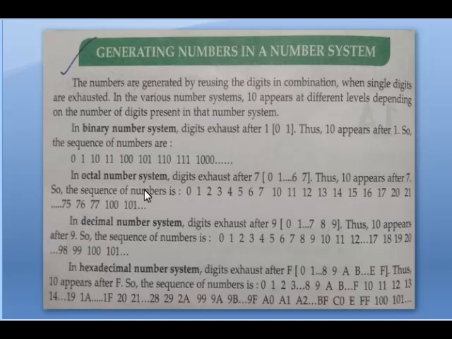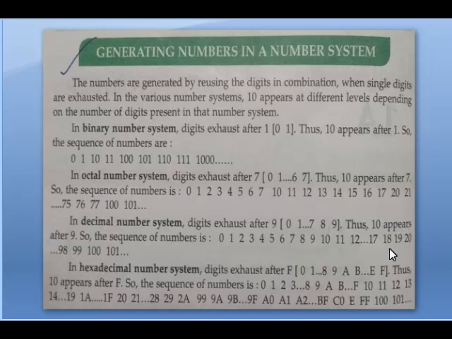The next one is the decimal number system. In the decimal number system, there is no problem. We are able to use any combination of digits, that is 0 to 9. Then the next numbers are 10, 11, 12, like this. It goes on infinitely. In the decimal number system there is no need to skip any numbers.